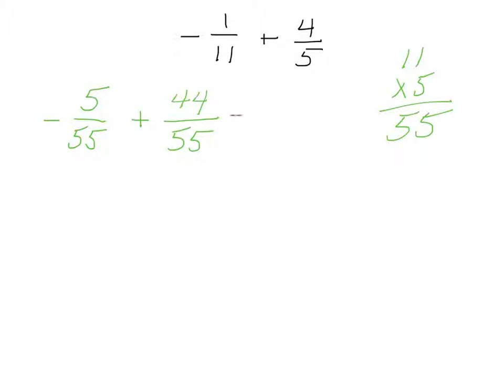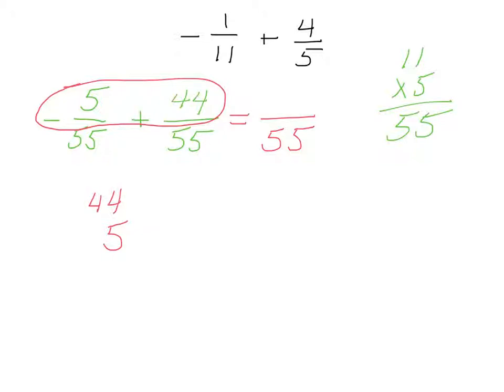All right, so let's continue this problem. Our denominator is going to be a 55. And now we're just looking at -5 plus 44. So let's go back to our absolute value rules. The absolute value of -5 is just 5. The absolute value of 44 is just 44. When we're adding negatives, that's really subtracting. 44 minus 5,